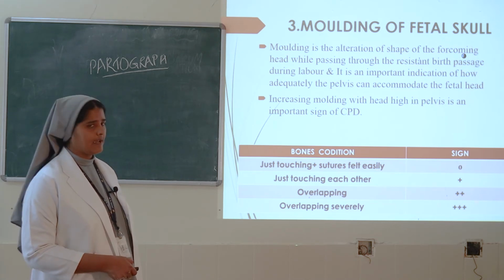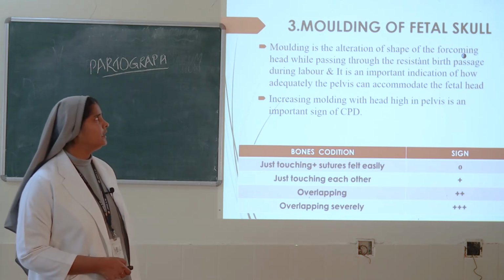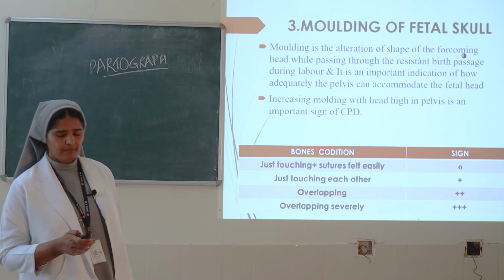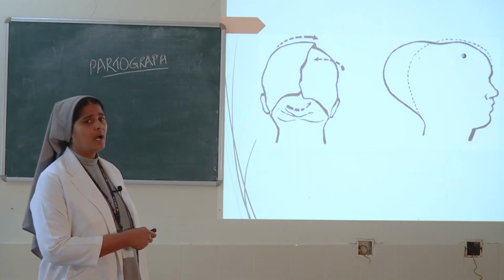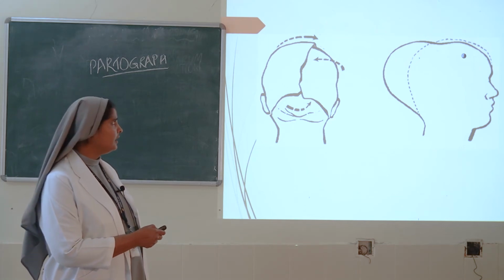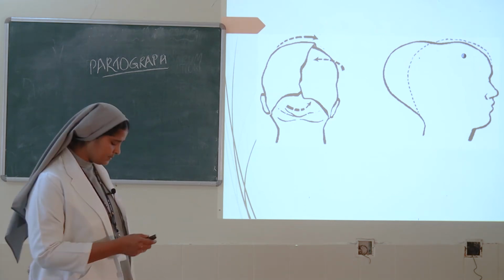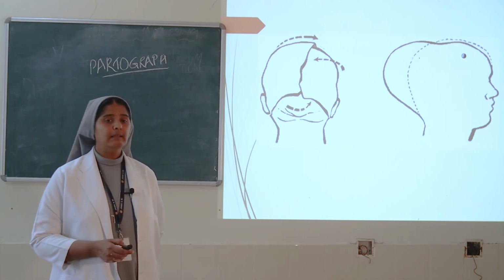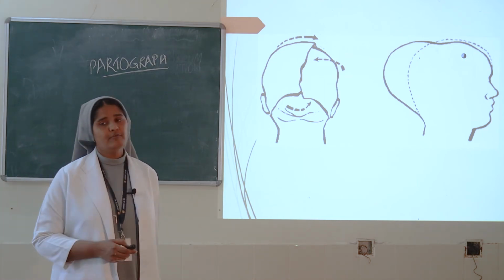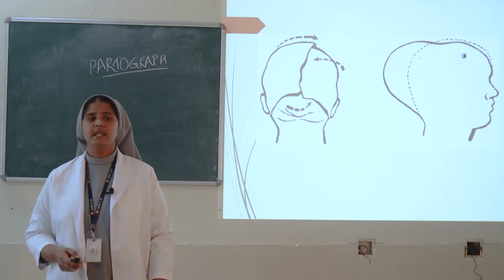Okay, so this is how we can denote the moulding of the fetal skull. This picture shows how we can assess moulding of the fetal skull by per vaginal examination. So, these are the 3 things which come under the fetal condition: fetal heart rate, liquor, whether it is clear and whether the membrane is ruptured, and the third one is the moulding of the fetal